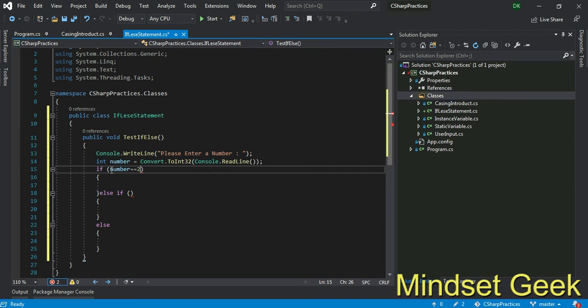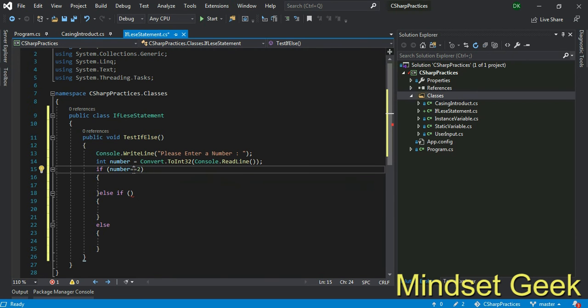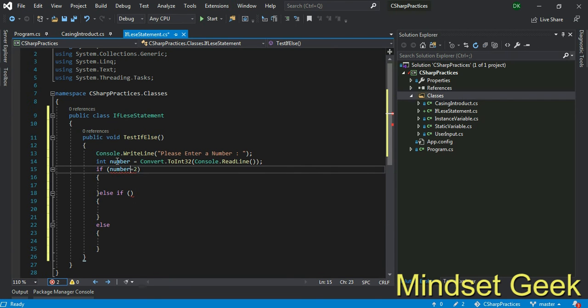equal 3. Actually these 2 equal signs we call equal, right? If I use 1 equal sign, it is assign. This number assigned 2, right? Actually the if statement accepts a boolean result. Boolean means true or false.